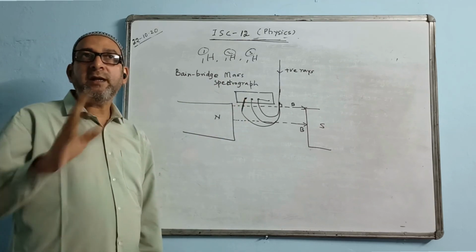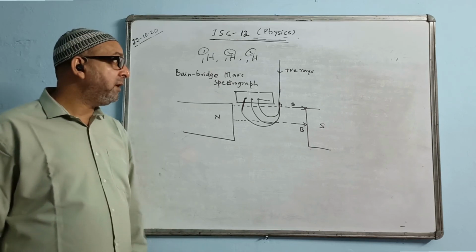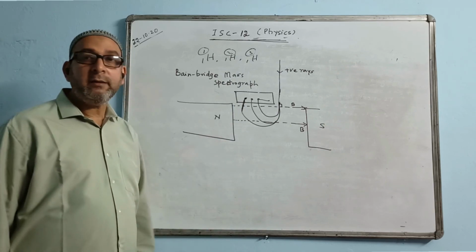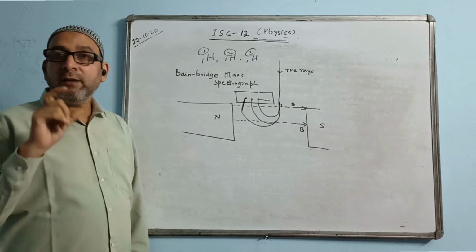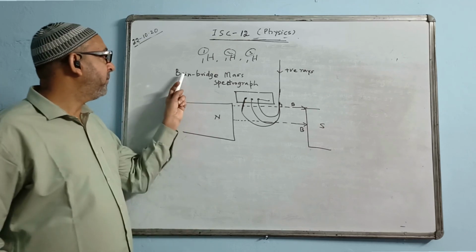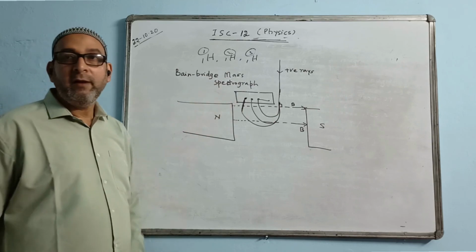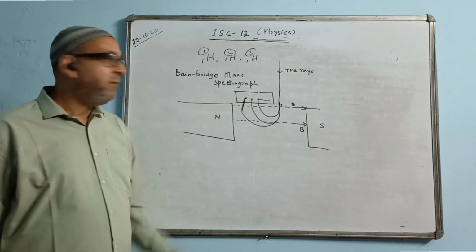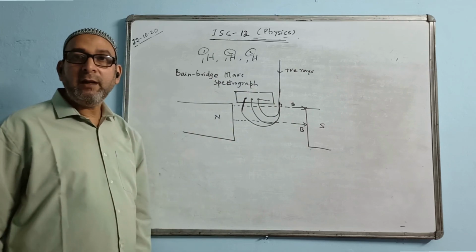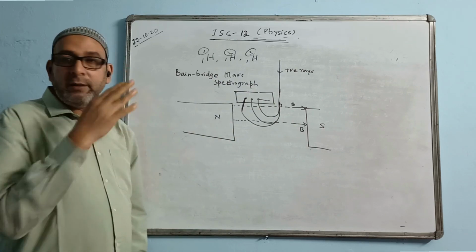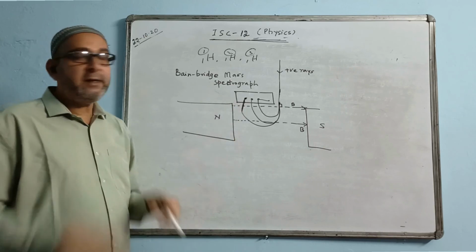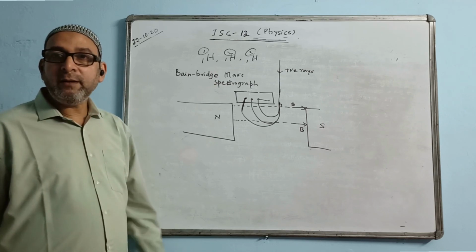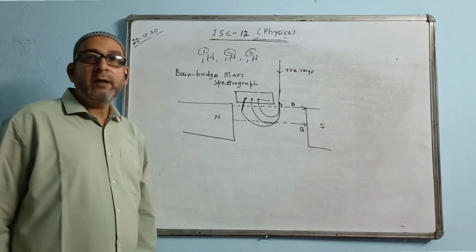When I do section C, that means the atoms and nuclei, there I will tell you about this one, but I will not tell you the details because you have already done it here. So I will just tell you the mass of the nucleus is measured by the device called the Bainbridge mass spectrograph, and it works on the principle of Lorentz force, the magnetic force. We apply a magnetic field to the positive rays, and then we allow them to take a turn in the form of a circle, and a photographic plate is placed just above it, and you see the number of spots on the photographic plate.